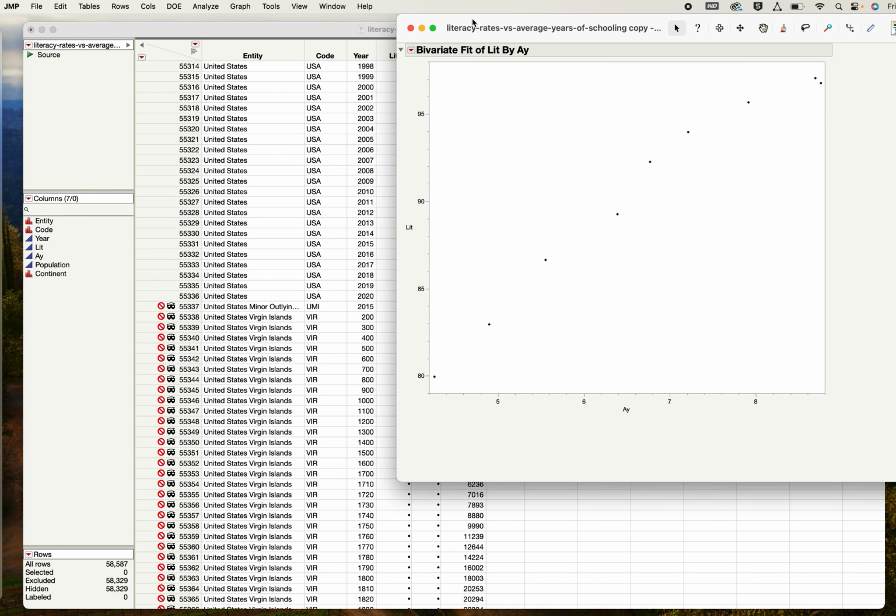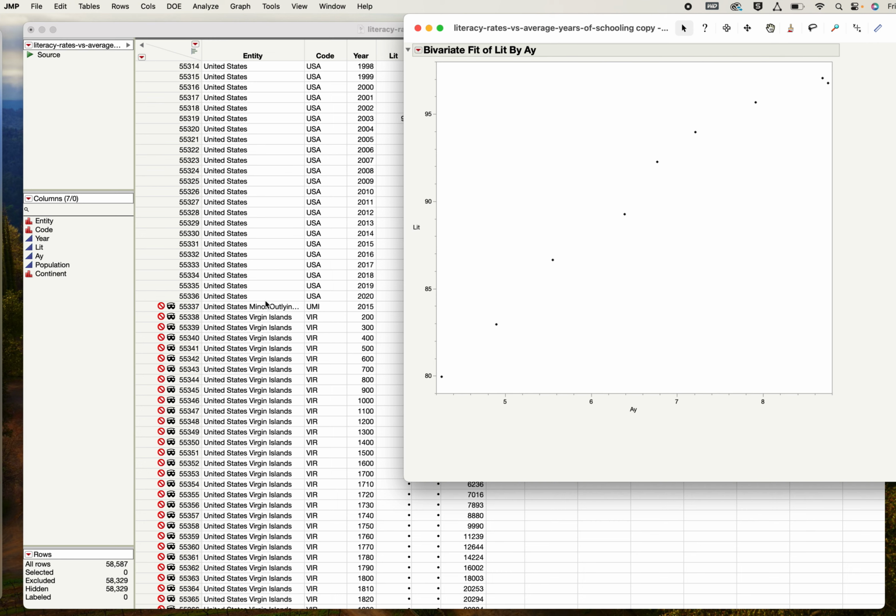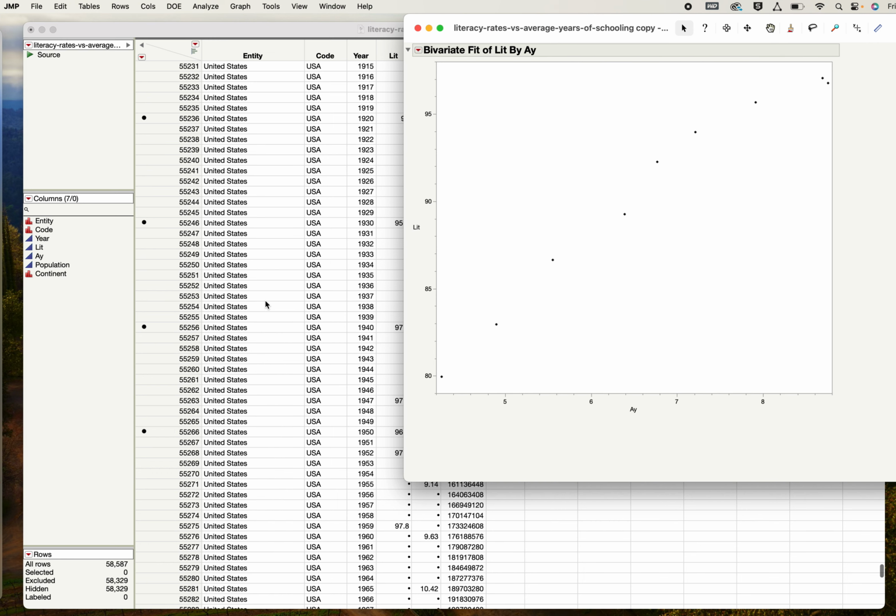Oh, by the way, before I forget, let's look at something else. Look at all these data for the United States. Why is it that only a small number have black dots? JMP does something very helpful. We're plotting literacy versus average years of education. Both of those numbers must be reported for a dot to appear, for a data point to appear in this